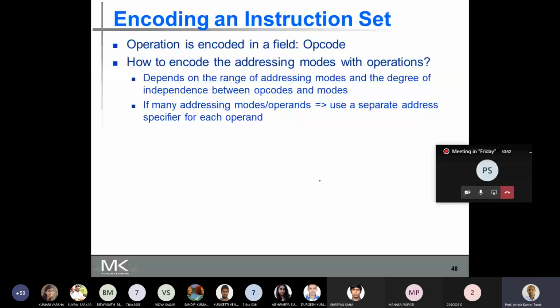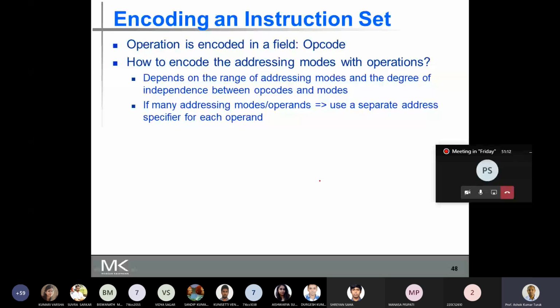If we have many operands and every operand uses an addressing mode, then you need a separate address specifier for each operand. Every operand has its own address specifier. For example, you can have 5 to 10 operands in an instruction with around 10 addressing modes for each.